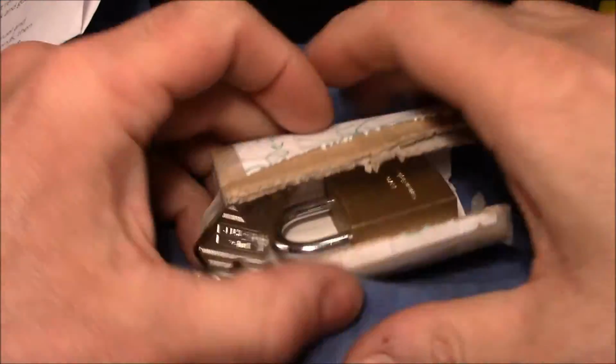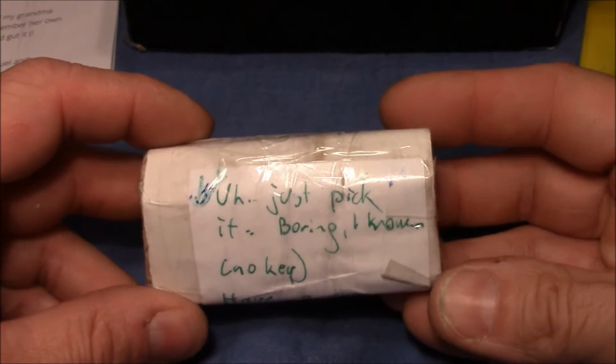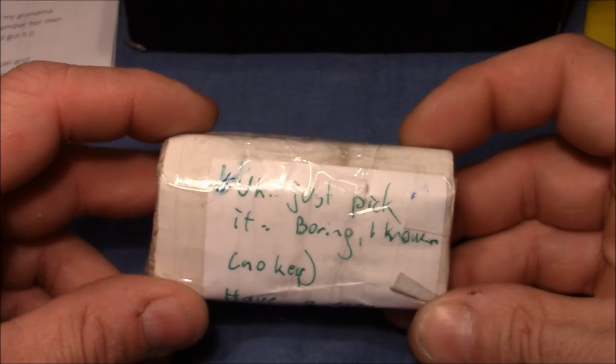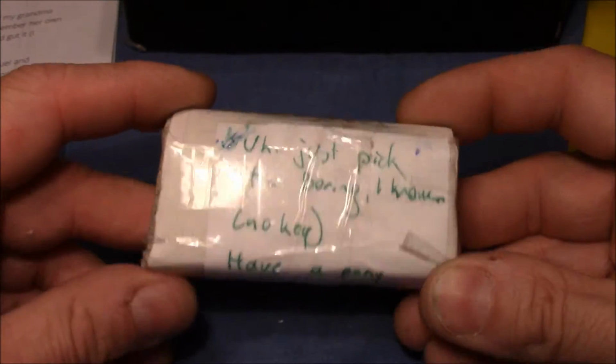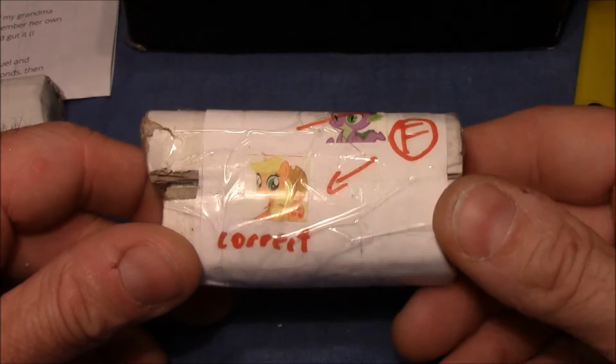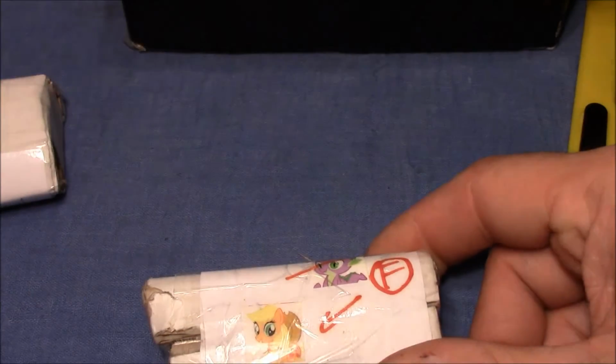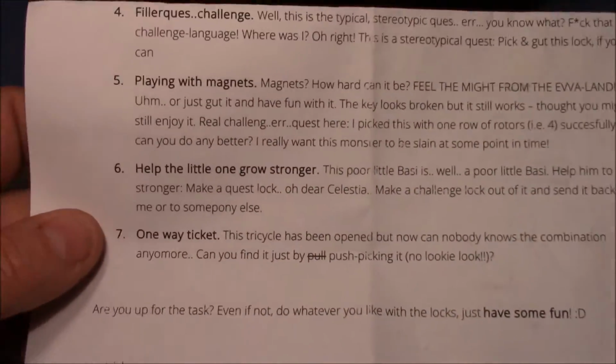Okay, let's move on to number 4. Okay, no, that's 6. Sorry, I missed. Here's the 4. It says, ooh, just pick it. Boring, I know. No key. Have a pony instead. But the right pony. Okay, what does the letter say? Letter says